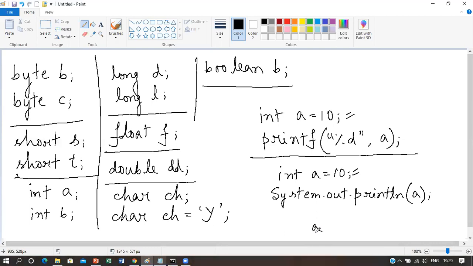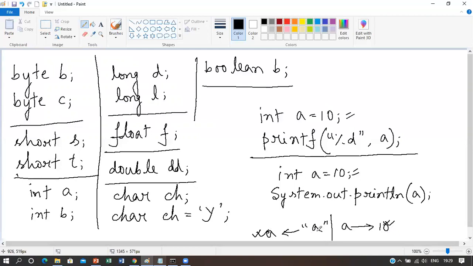If you want to show the value of the variable, you have to write the variable name only, without double quotes. If you write it within double quotes, the output will be a. If you write it without double quotes, the output will be 10.